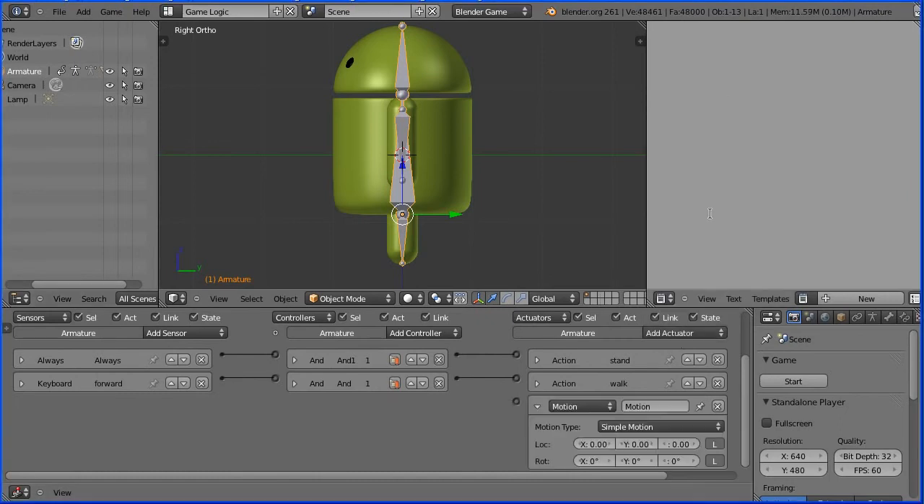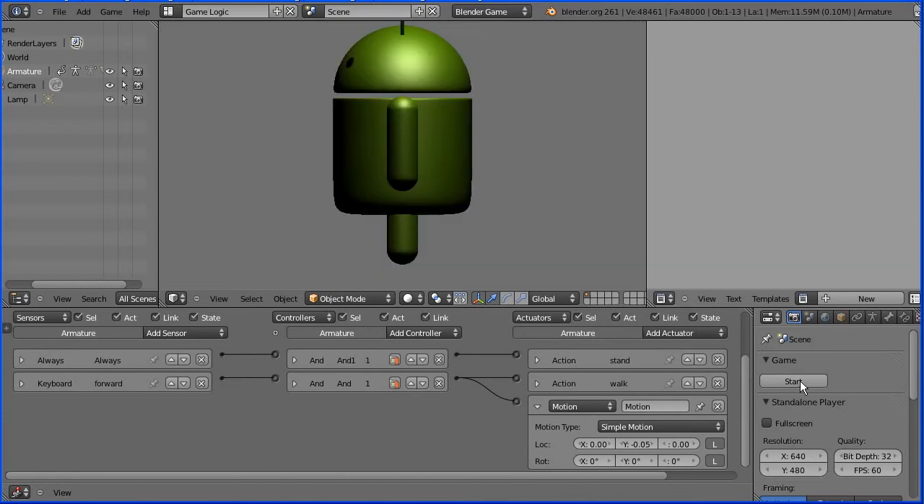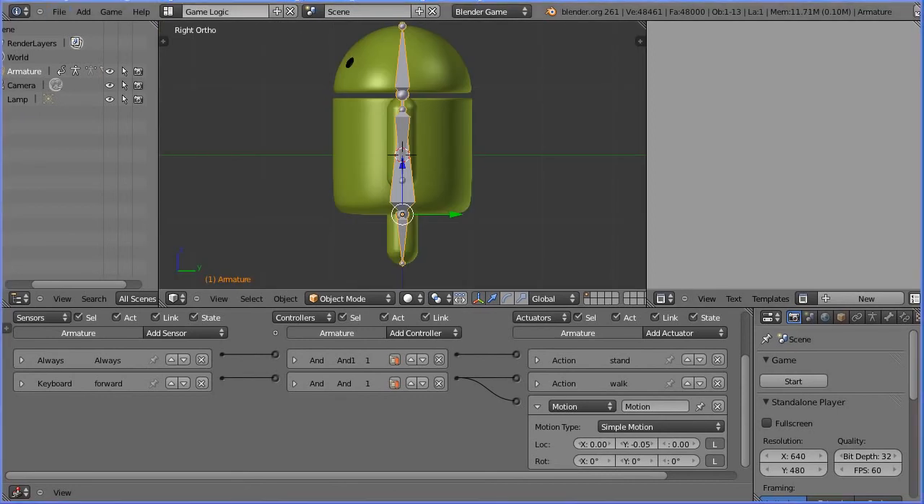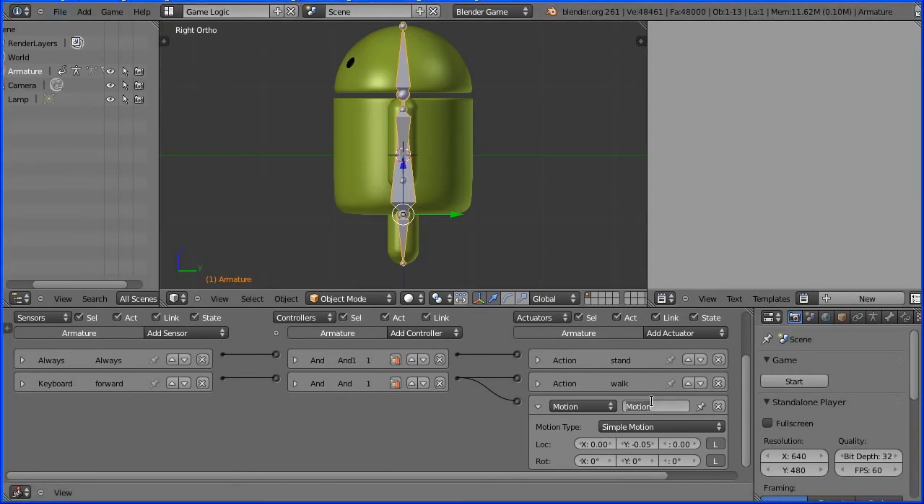To make the Android move forward, I have to add a motion actuator. If we look at the green arrow, that is pointing in the positive Y direction. For the Android to go forward, we'll have to enter a negative Y value, minus 0.05 blender units. If I connect that up and start the game engine and press the forward up arrow, off he goes. I'm going to name this logic brick forward,